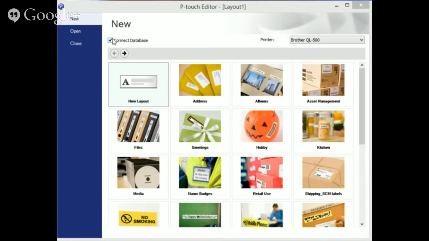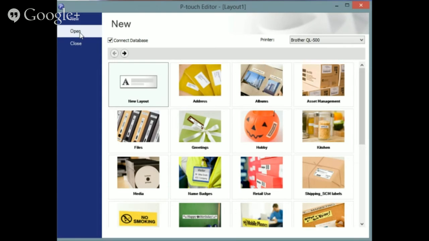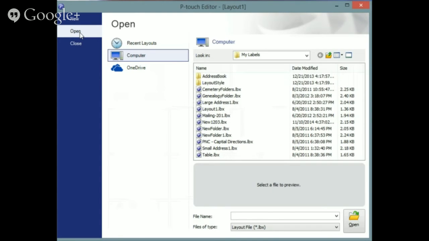but it's connected to a database. So when I click on open, it's going to give me a list of labels that I've already created. Now, the specific label is new 1203. That's a new label that I started, that I've been using since I started my labeling system. I've been doing this for a while, but it's a label where the file name contains the label number. So when I go to the store or order it